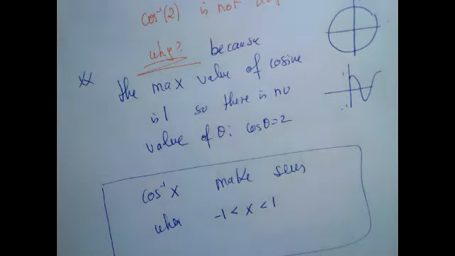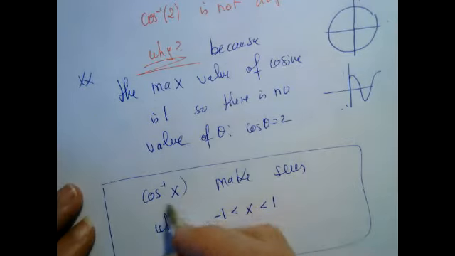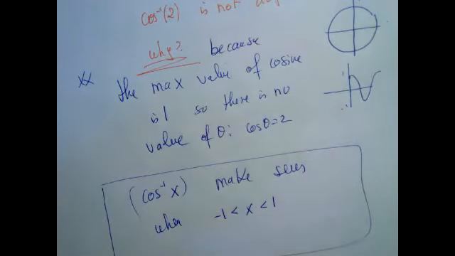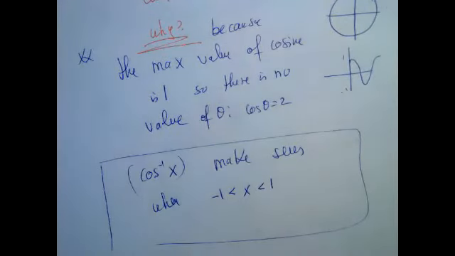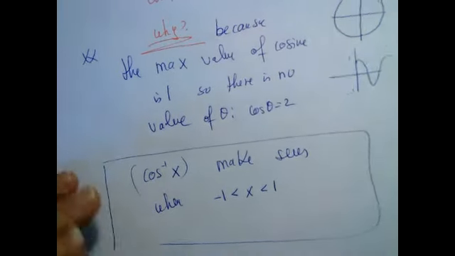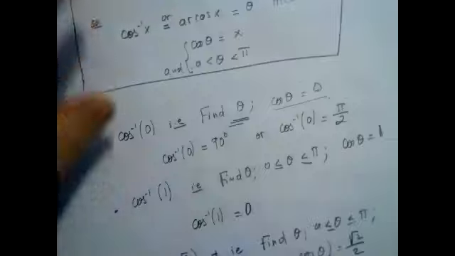So cosine inverse of 2 doesn't make sense. Cosine inverse of 1.5 doesn't make sense because I cannot find an angle whose cosine is a number larger than 1. Now, we're going to use the cosine inverse a lot, especially starting next hour,